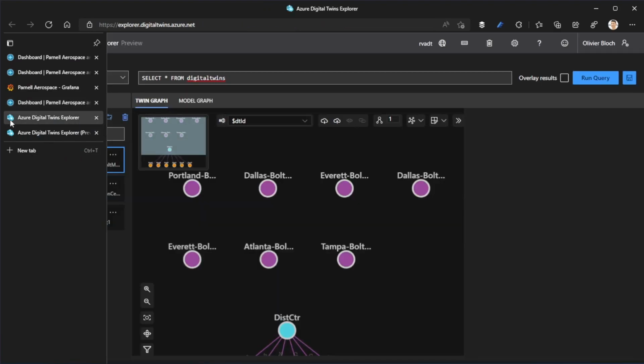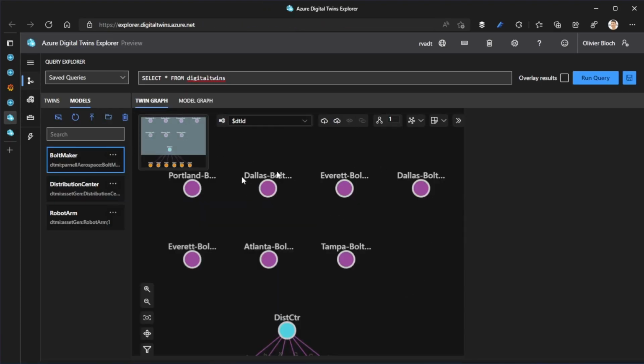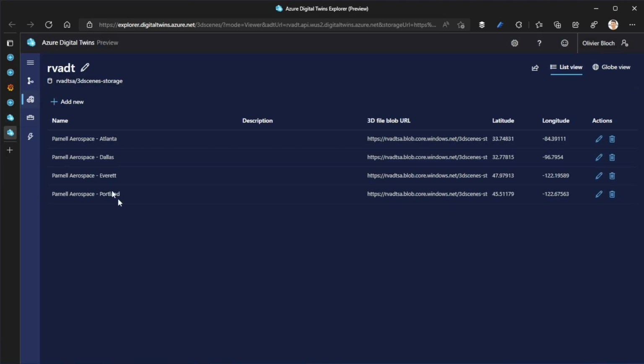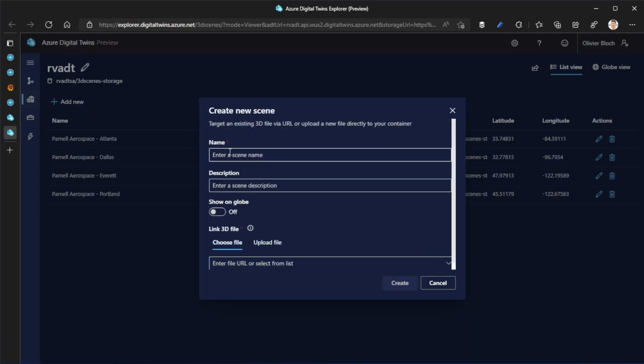So my digital twin has several factories, and I have one in Portland, one in Dallas. So this is the data. This is the twin for my factory floors. And what I want to do is represent one of the factories that is missing. So the Tampa Bay one is not in the map. So what I want to do is add one for Tampa and show you how easy it is, right? So I want to add a new factory here.